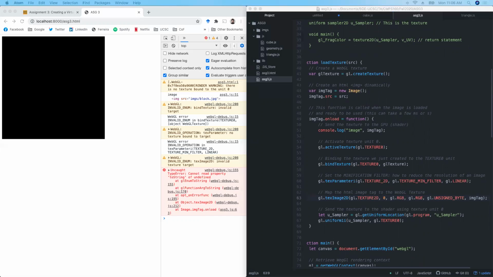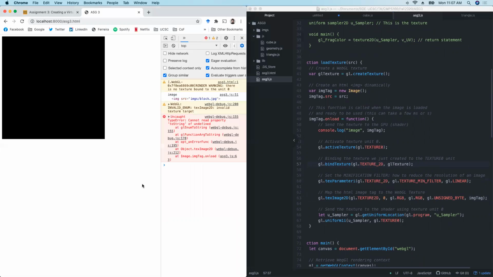This is texImage2D, and this is texParameteri. Bind texture GL. Oh, wait. I think I missed, I think this should be TEXTURE_2D as well. Yes. Let me see. Okay, we got rid of some things, but we are still